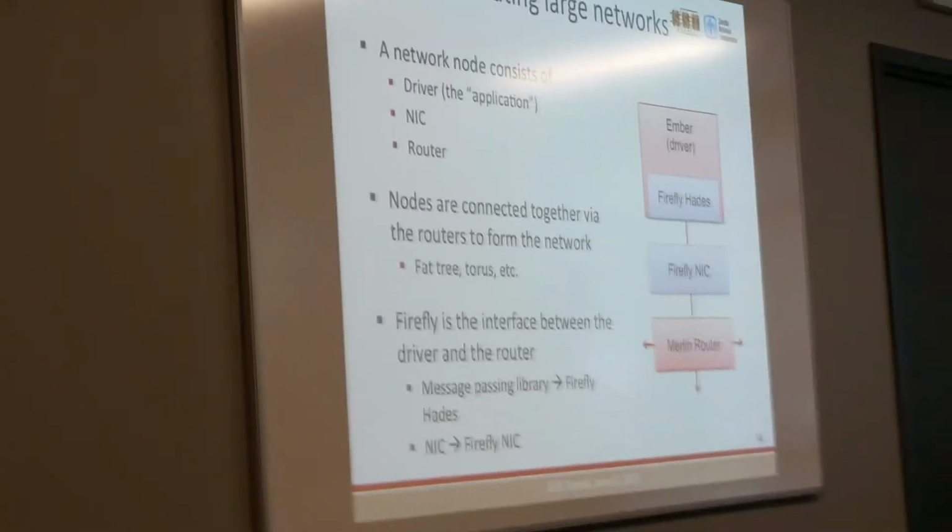Yeah. Where, if at all, does adaptive routing fit in there? So adaptive routing comes in the Merlin router, and I think we'll probably talk more about that tomorrow. Just like their current systems, the MPI library doesn't really do the adaptive routing. It's actually more in the NIC and router layer. That's the way we simulate it as well. I believe Ember and Firefly do have some information, so you could at least get queue depths and things of that sort. So if you wanted to, say, create a motif model which was trying to adapt its communication patterns, you could do that, but I don't think we have any motifs which do that